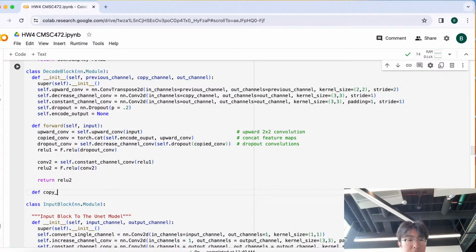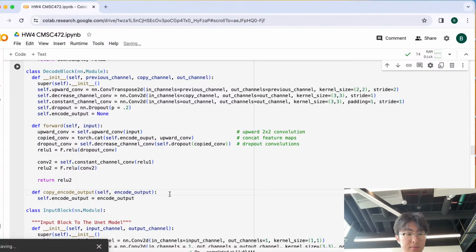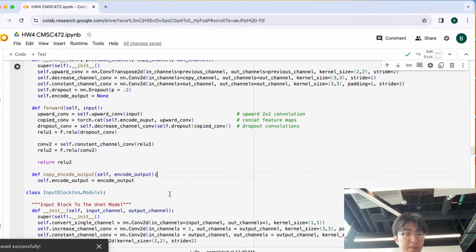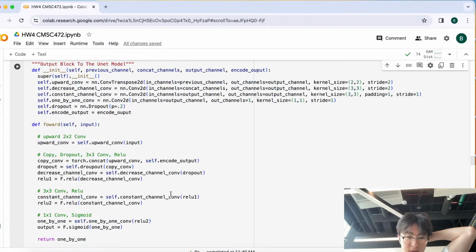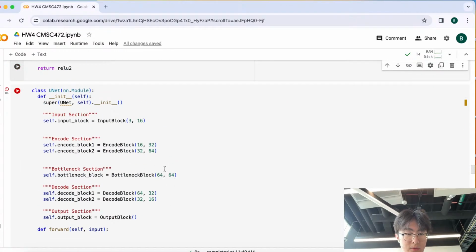So def copy_encode_output. We're going to call this whenever we want to actually update our encoded output for the decode block. So self, and then we'll do encode_output, and then self.encode_output is equal to encode_output. So this way, when we actually initialize it, we don't have to